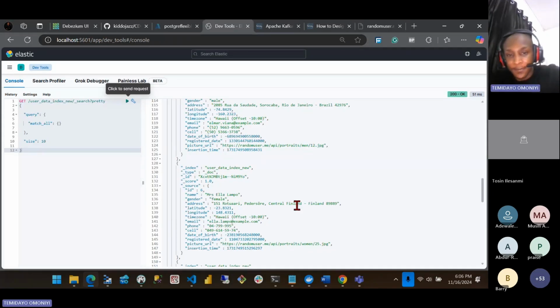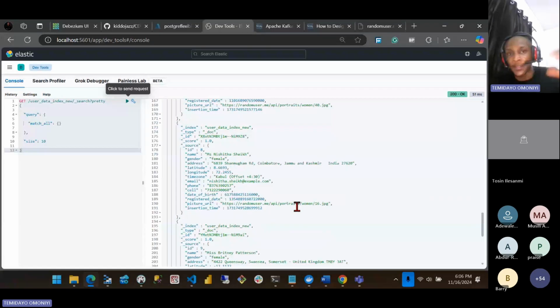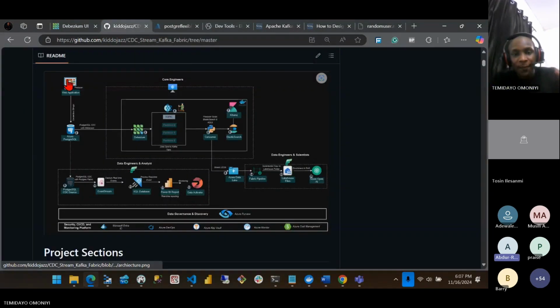Okay. So yeah, I can see the data coming in real time. I can see the entire data and everything. So I think for the first phase, we are good, right? From year to year to year. Cool. Okay, let's now do the